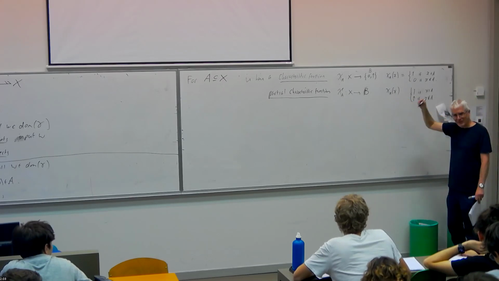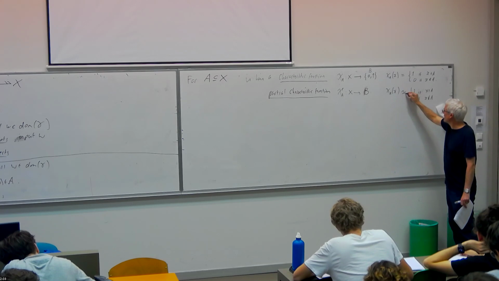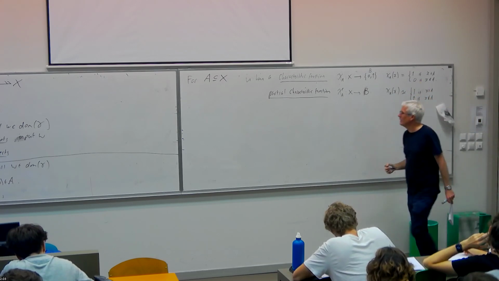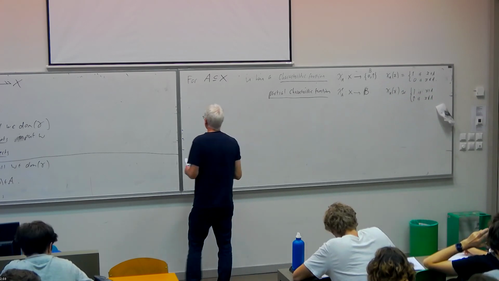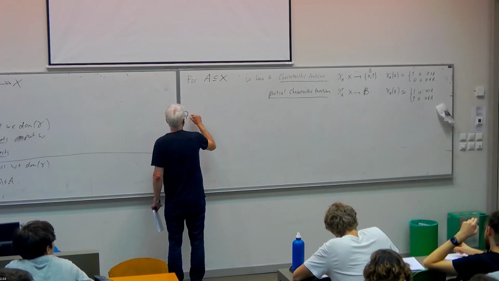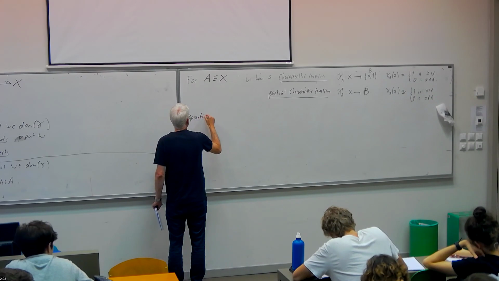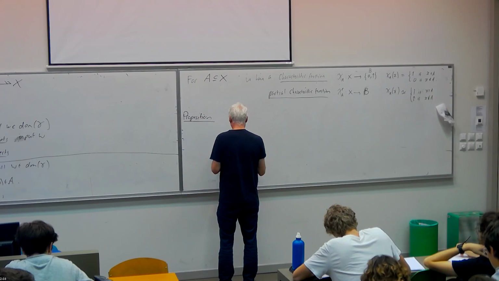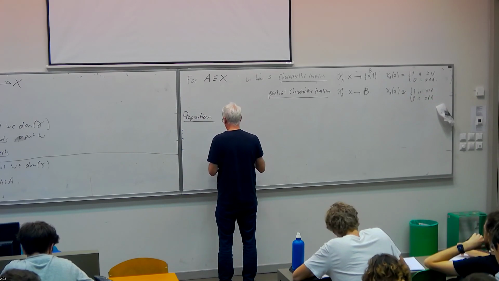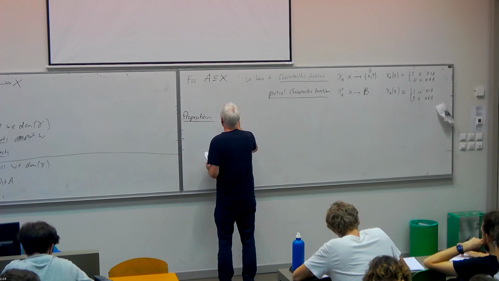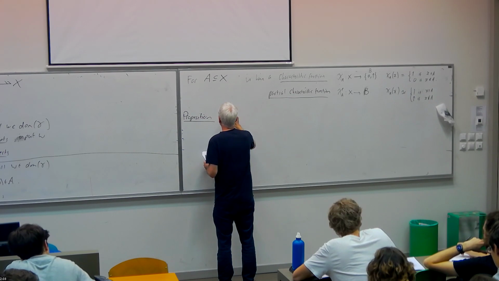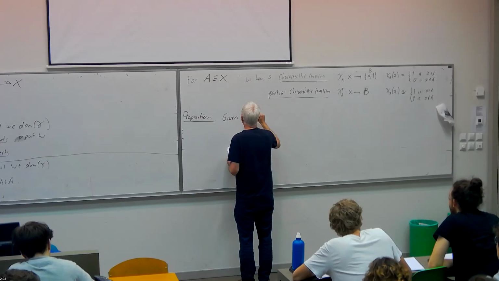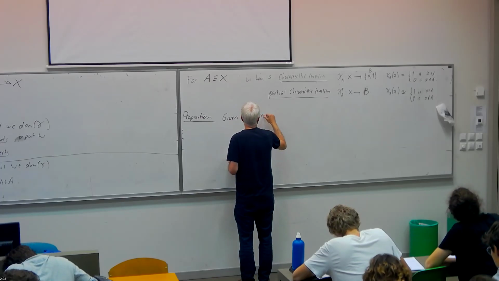Squiggly equality, clean equality, yes. So this is because this may be undefined, whereas this one's always defined, this is not. And the proposition is given a representation